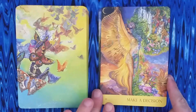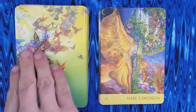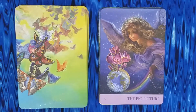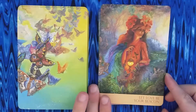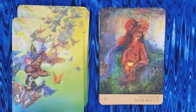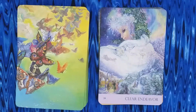Most or all of it circles around nature and nature themes or nature aspects. So this is a very Gaia-based deck, as you will see. I mean, there's some angels, I guess, and there's definitely the fairy realm represented. And I would just call it a Gaia-based deck. This is Nature's Whispers. But anyway, the con is that sometimes it is very difficult to read these cards